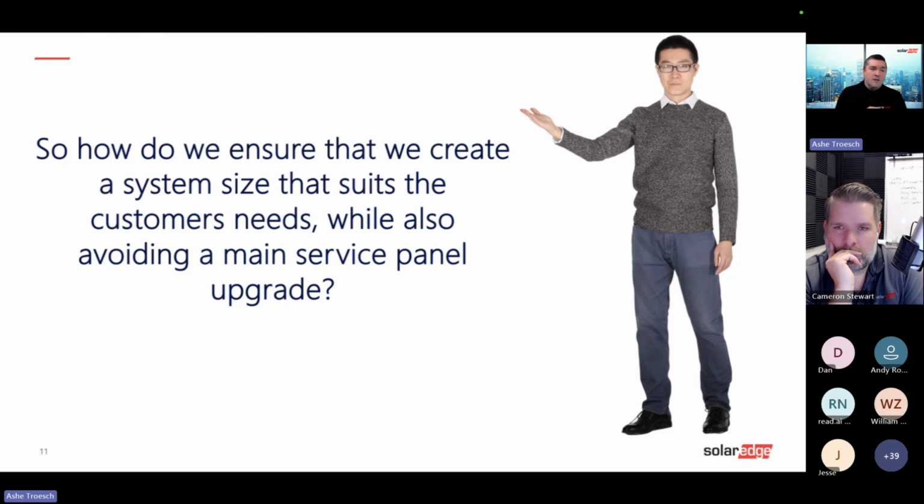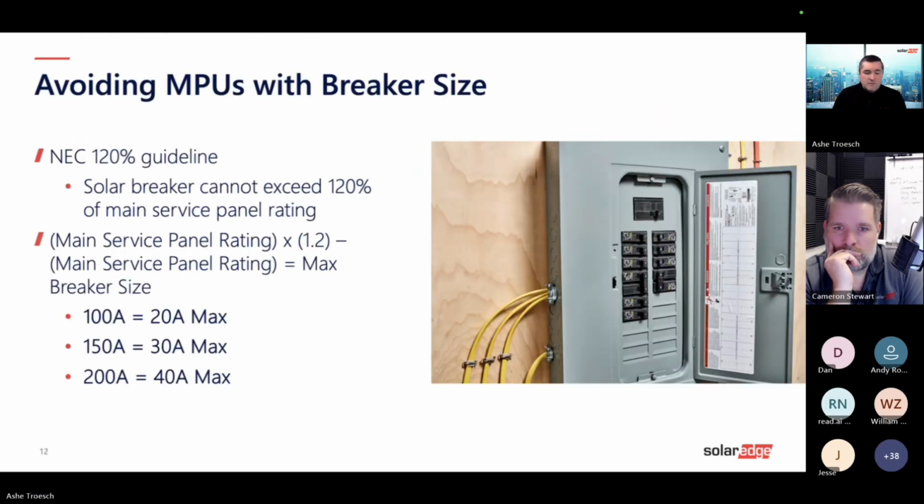So putting all of these things together, how do we ensure that we're creating a system size that's going to meet our customers' needs, but also making sure that we're avoiding those expensive electrical upgrades, like main service panel upgrades, breaker derates, or line side taps, or whatever we have to do if we need to do some sort of work on that main service panel? Well,